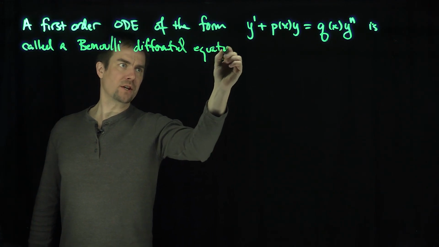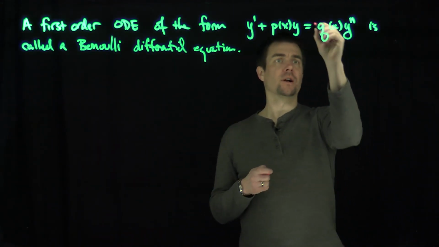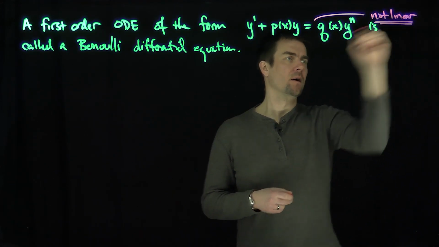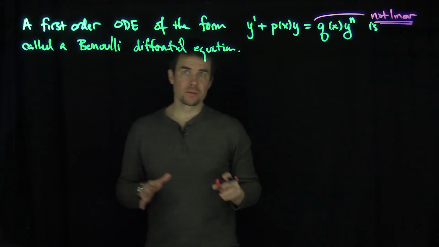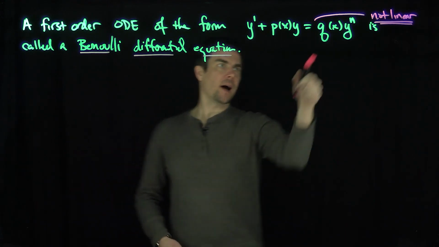It's important to note that these Bernoulli differential equations are not linear. I have this power y to the n over here, so this is not a linear ODE. However, we can make an observation about Bernoulli differential equations, and that is that if I divide everything by